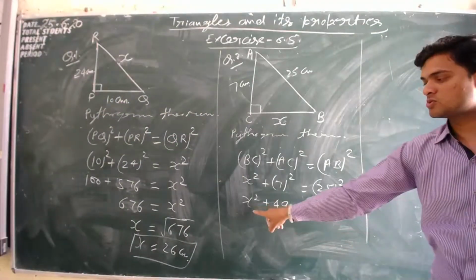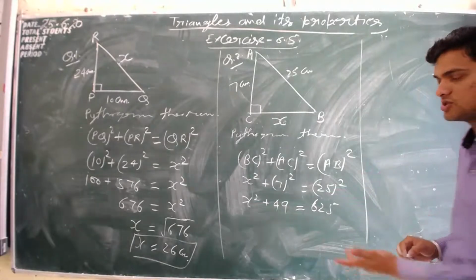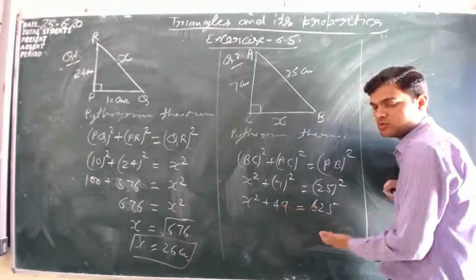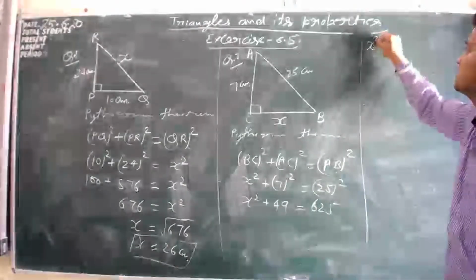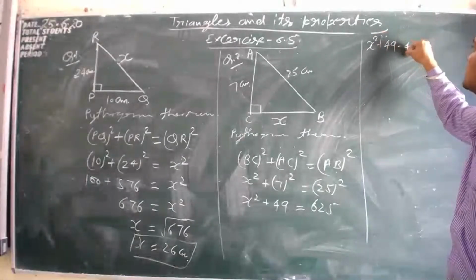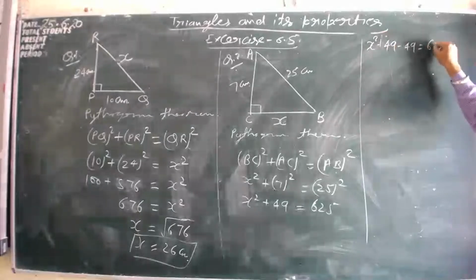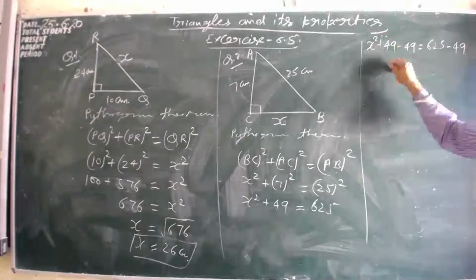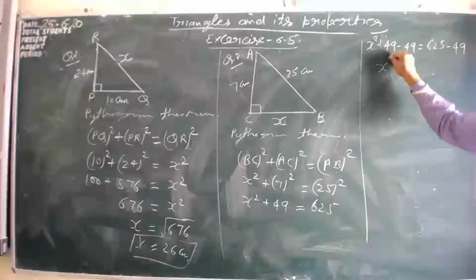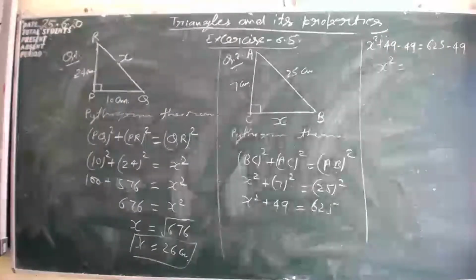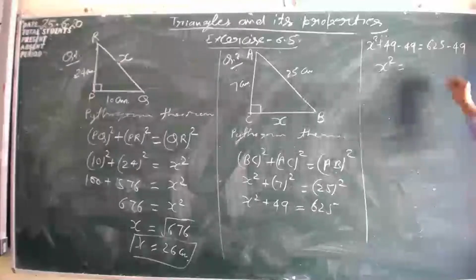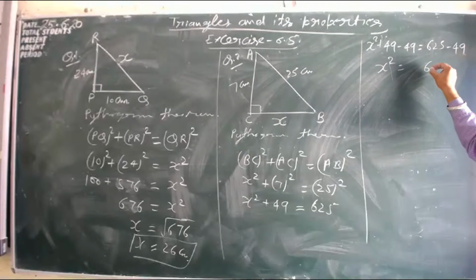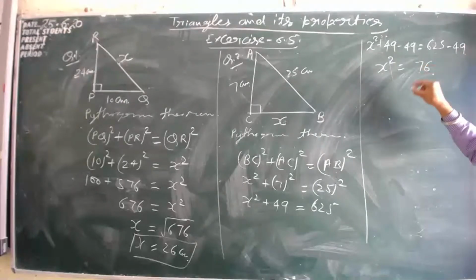X square को निकालना है तो इसको अकेला रहने देते हैं, तो इक्वेशन को सॉल्व करना आपको आता है. Same number we have to subtract from both sides. It means x square plus 49 minus 49 is equal to 625 minus 49. इससे क्या होगा, x square इक्वल होगा, 49 minus 49 is equal to 0, is equal to 625 minus 49 is equal to कितना होगा, 15 minus 9 is 6, 11 minus 4 is 7. Clear? So